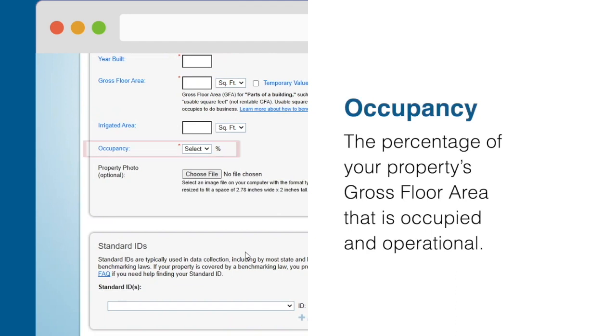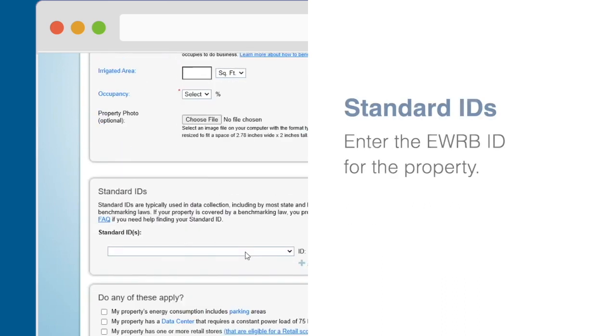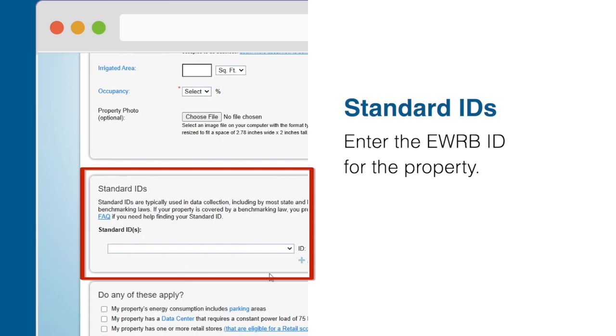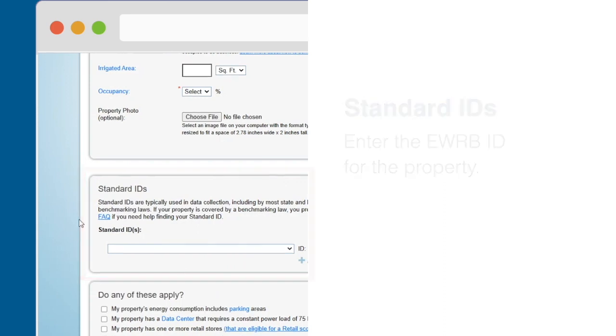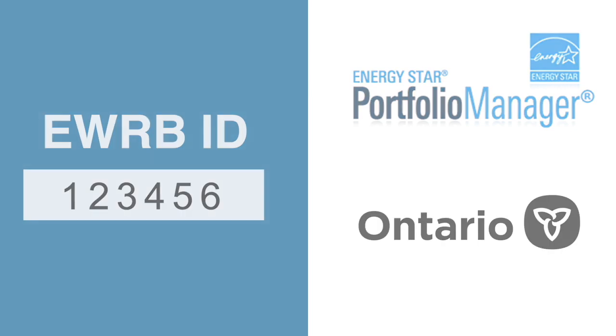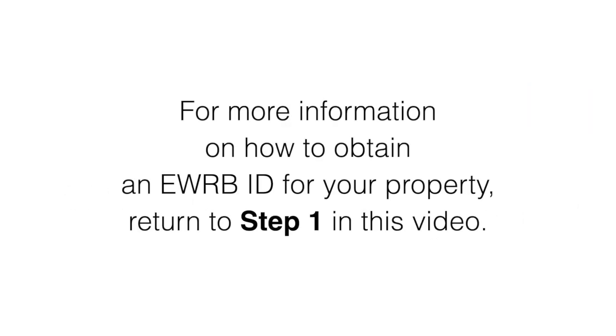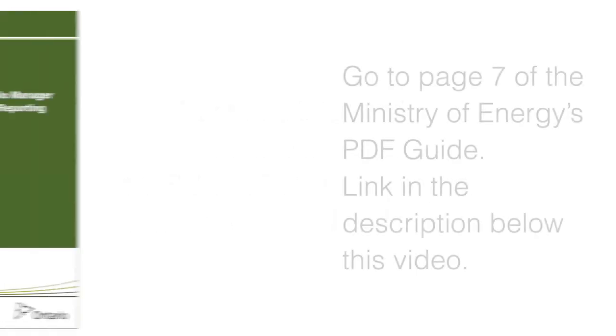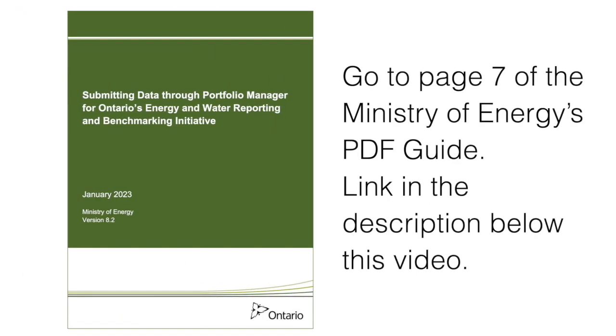Occupancy is the percentage of your property's gross floor area that is occupied and operational. The Standard IDs section is where you enter the EWRB ID for the property. Adding an EWRB ID to your property's profile will allow you to report the property's EWRB data to the Ministry of Energy. For information on how to obtain an EWRB ID for your property, return to Step 1 in this video, or go to page 7 of the Ministry of Energy's PDF guide, which is linked to in the description